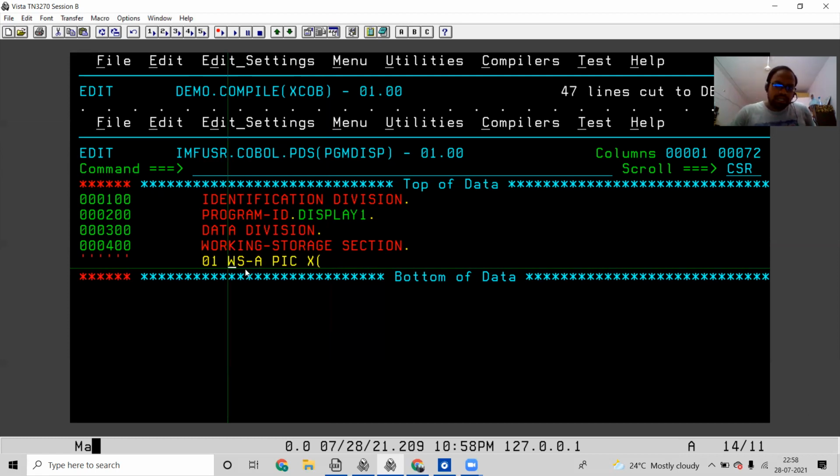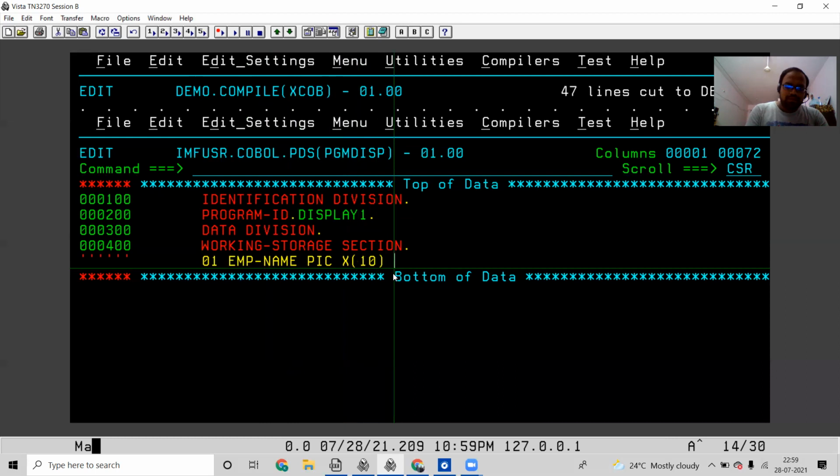You can change it as employee table. Employee table. This is the name. Okay. So employee table and picture clause, actually if we go in this manner, first we need to create the group, then elements in the employee table. Okay, or else I will be going with employee name. Employee name, picture clause X, because as the name is the alphabet, you can use the alphanumeric or alphabetic data type. Okay. I'm using X and I'm giving 10 here.